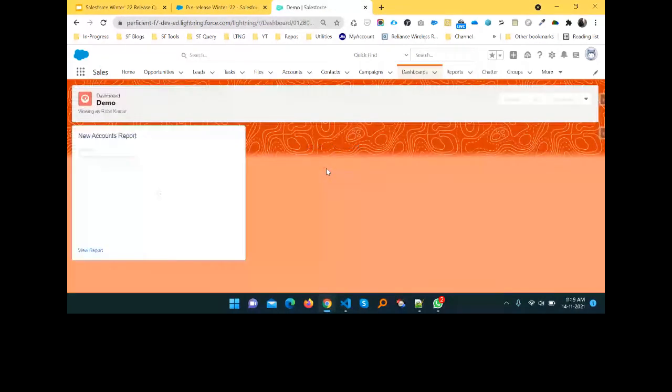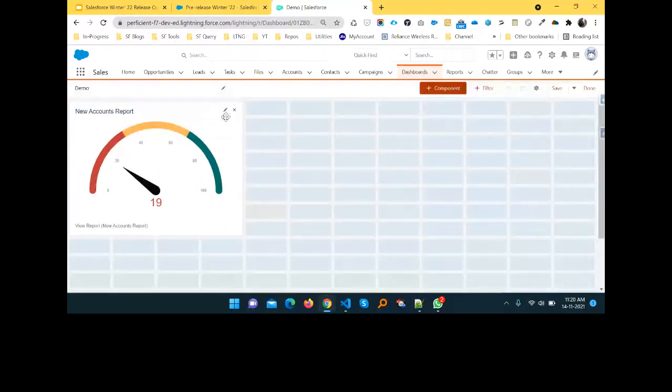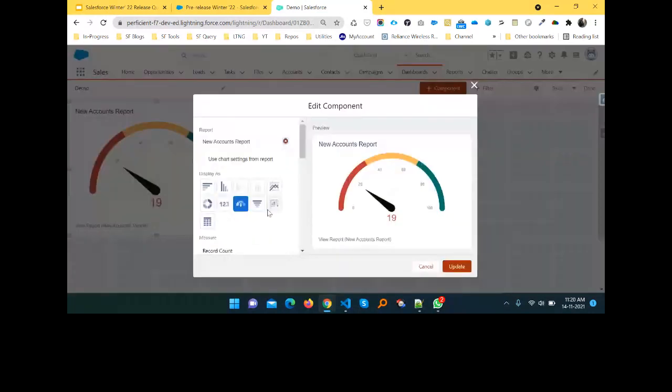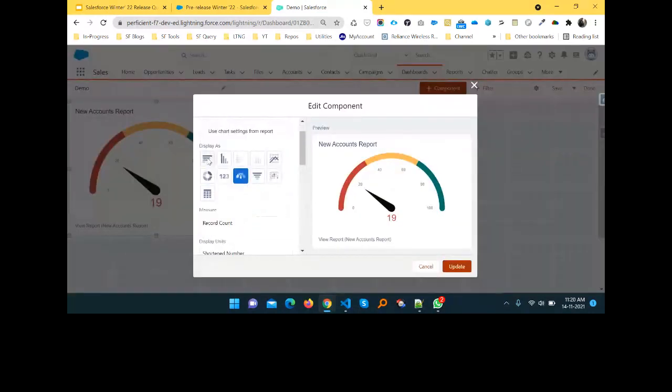Here you can see this is the newly created dashboard based on your report in Salesforce, right? Let me edit this one, and here you can see one small edit icon, this pencil button. Just click this pencil icon, and here you can see all these display-as options, so you can choose how to show your data as a graphical interface, or we can say visualization.